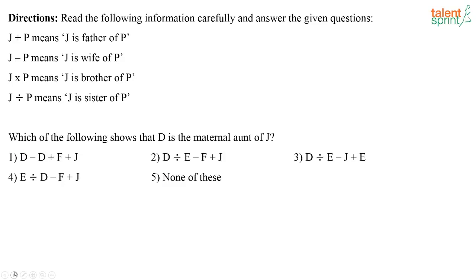Next question. Again, none of these option is there. So let us see. Which of the following shows that D is the maternal aunt of J? Now, look at this question. Even though none of these option is there, in this question, you will have to cross-check with 5 different options. So, for this question, if I say I am directly going to start drawing the blood relation diagram, then I have to draw the blood relation diagram for 4 different options, right? Then only I will get the correct answer. So, for such questions, what you can do is, you can also use the gender or the generation gap technique and eliminate a few options and then just draw the blood relation diagram for the remaining options and check.